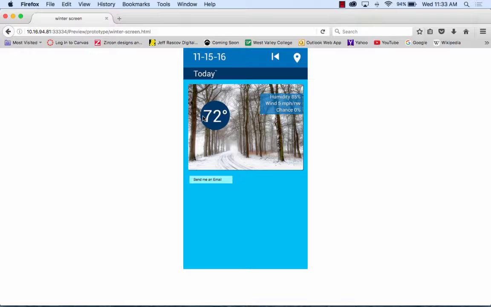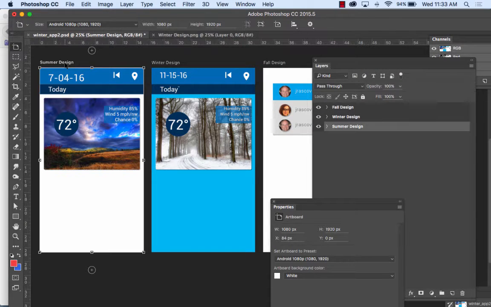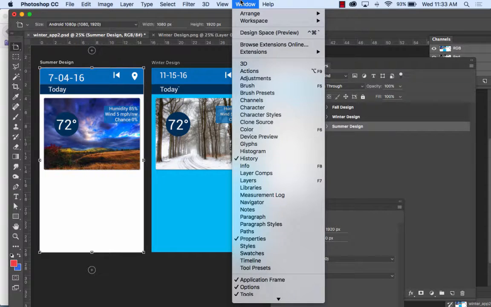Now if you want to see what your layout is going to look like on the phone, you can actually preview from Photoshop to your phone. Has anybody tried that before? No, you can preview from Photoshop to your phone. Okay, here, I'll do it right now. That way you can see it on your phone. To preview your layouts on your phone, you use Photoshop. You can choose the layer you want. If you have multiple screens like I have here, multiple artboards, and then underneath the